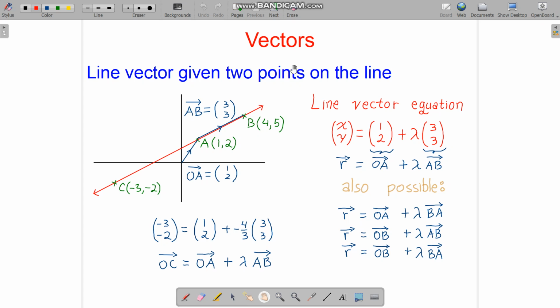Hello everyone, this video is about line vectors. Given two points on the line, we have point A and point B. We can find the point,